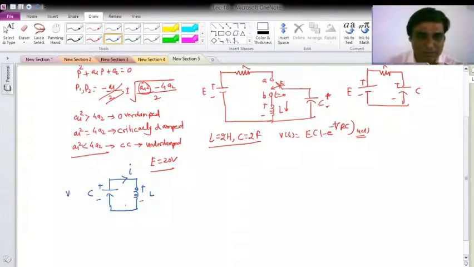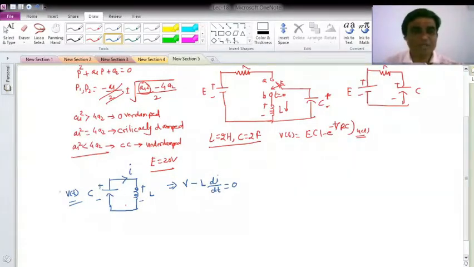And suppose this is my V of t. So my aim is to obtain what will be the voltage at any time t. To get it, let me use the KVL here. So it will be the voltage across the capacitor, let's say at any time is V. Now let me find out what is the voltage across L. There is the voltage drop here, so minus VL, which is L di by dt.